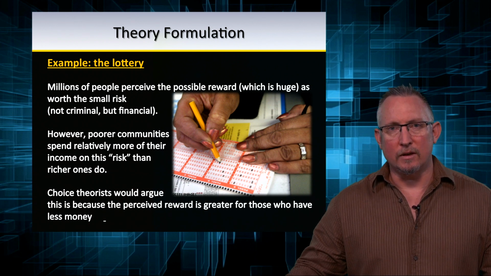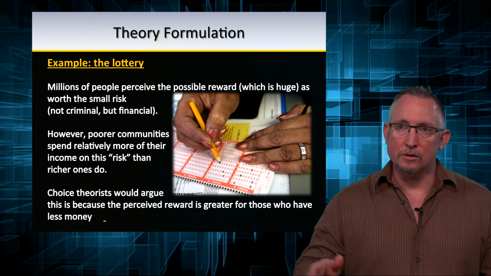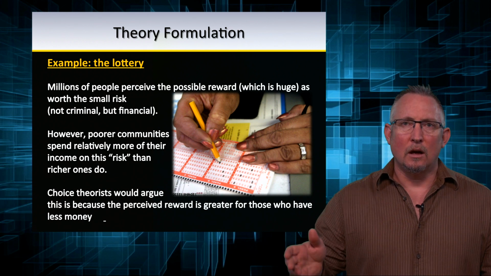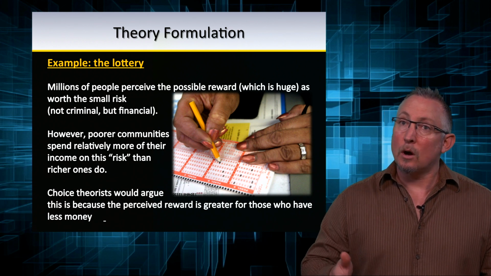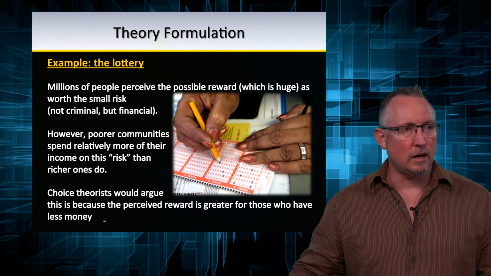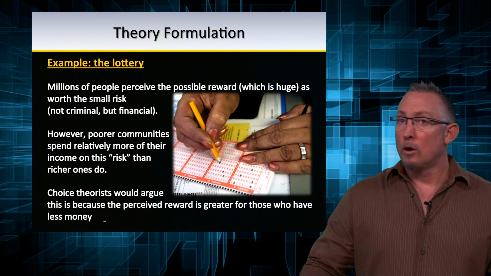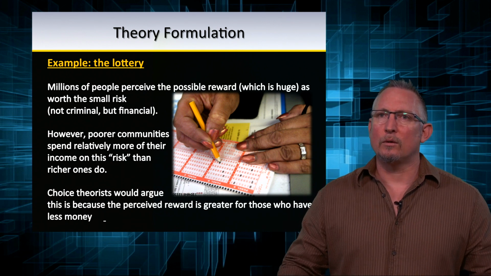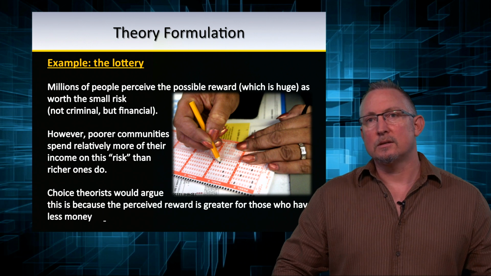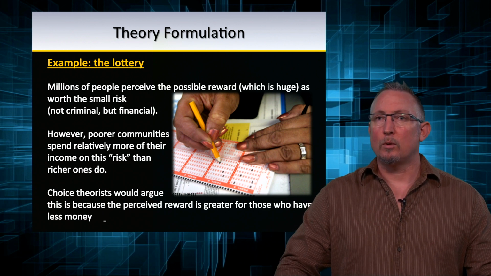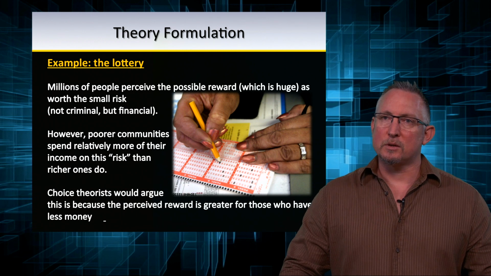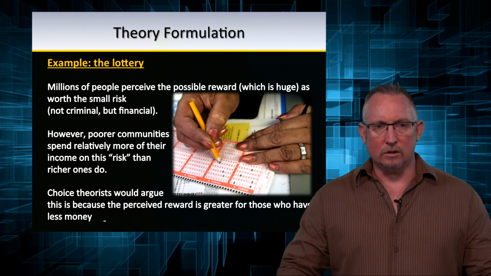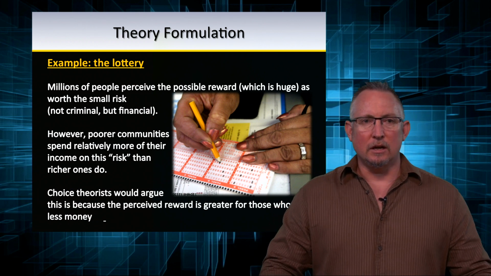So out of this then, if we wanted to continue our circle, we could identify a pattern, make a prediction, formulate a hypothesis, and then decide on the appropriate methodology. We might use a survey, might use interviews. There's a variety of methodologies that would allow us to verify whether or not it is in fact the case that the reason why poor people spend more tends to be the difference in the perception of risk and reward, and so on.